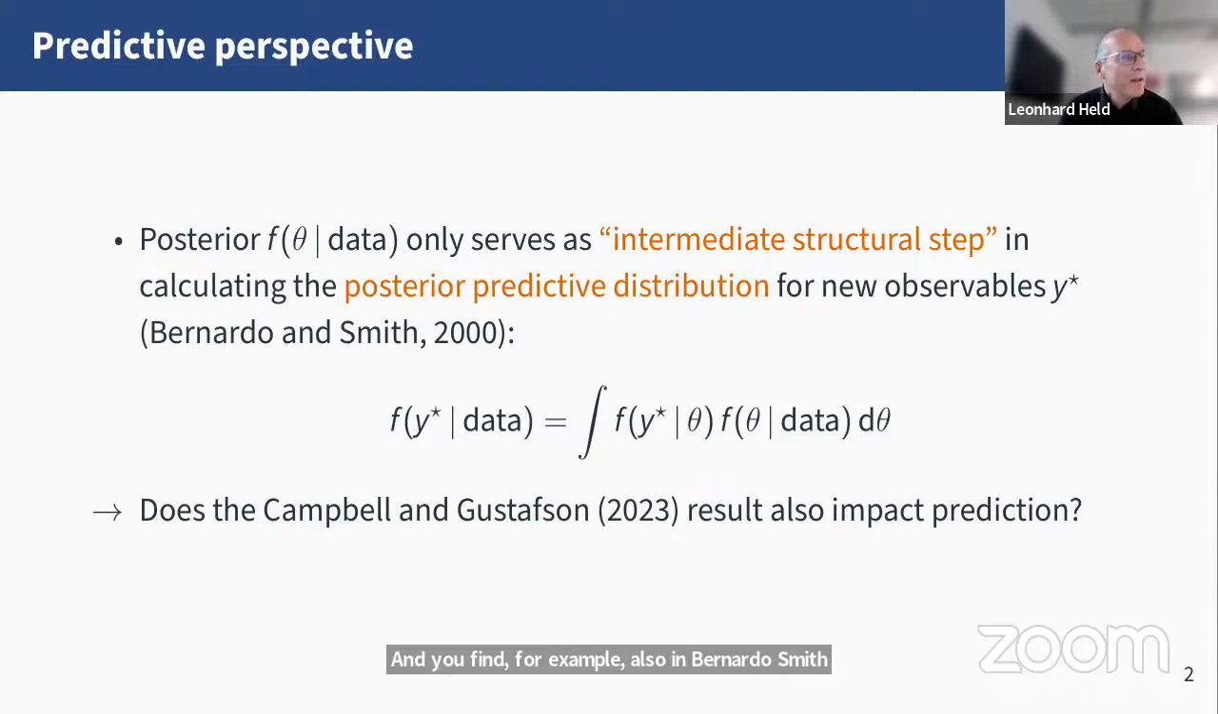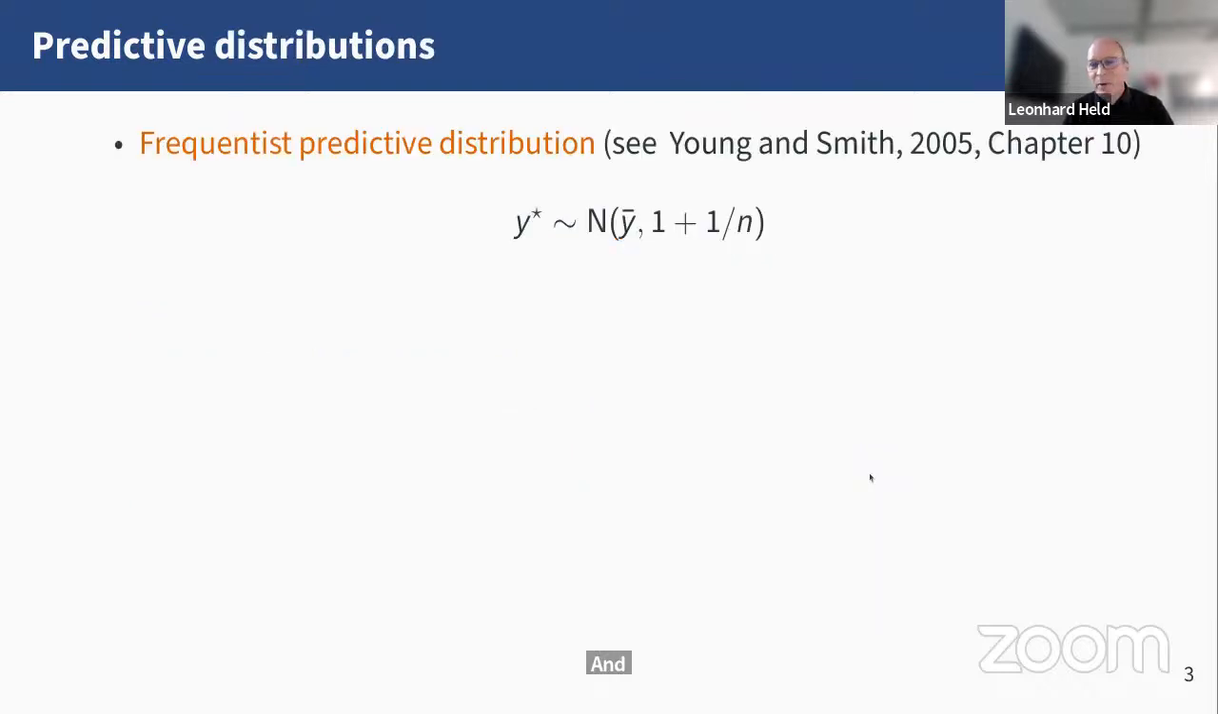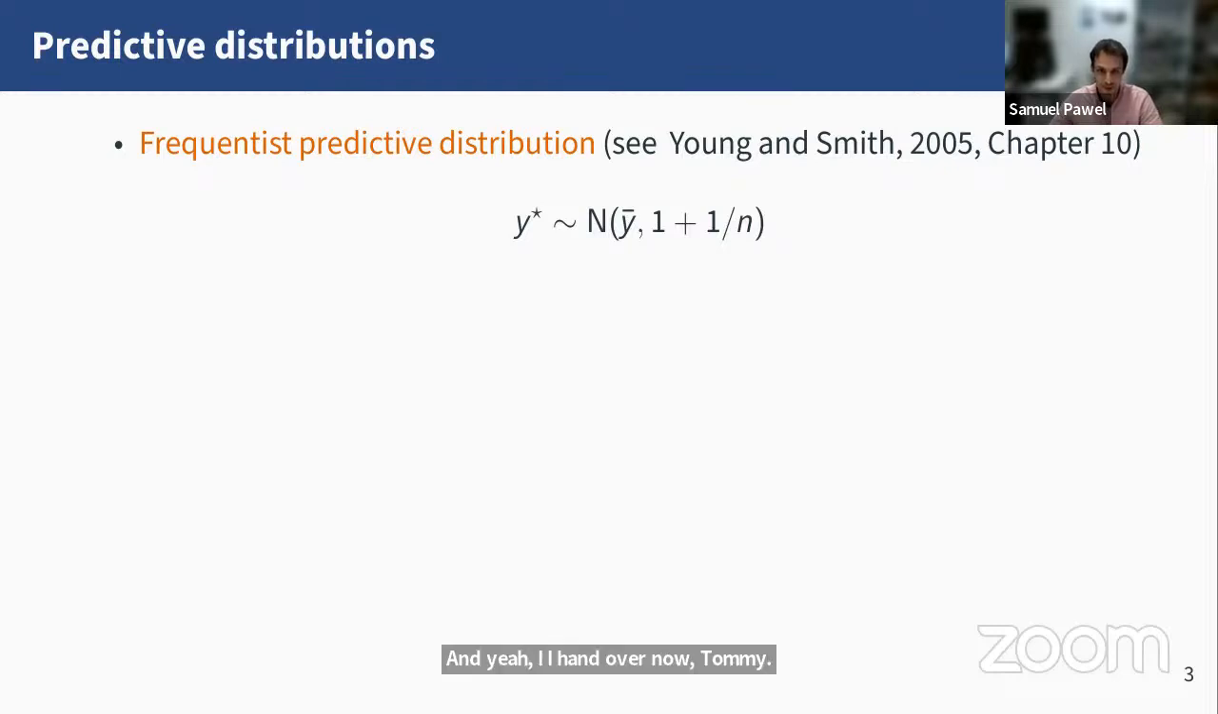arguments for this perspective. So when we read the paper, we thought, well, does this result by Campbell and Gustafson also impact prediction? And I hand over now to Samuel. Hello, also from my side. As Leo said, we were interested in looking at the predictive distributions of